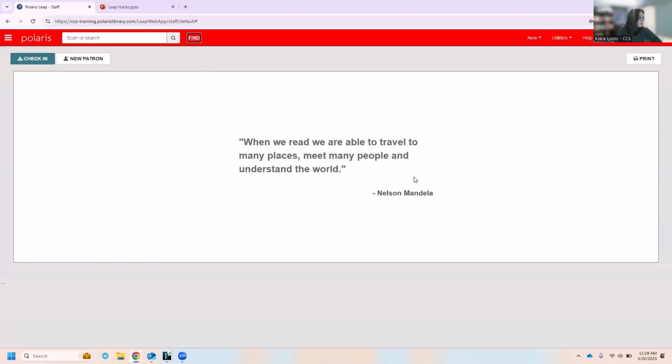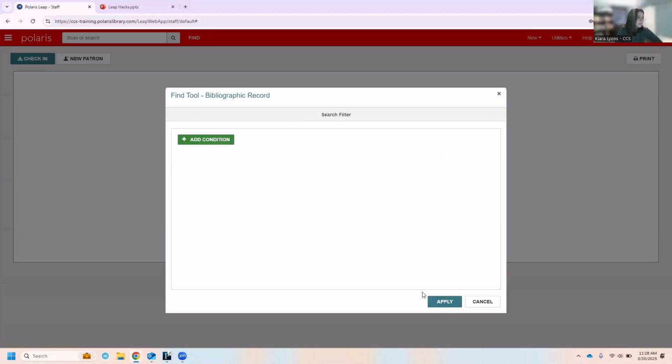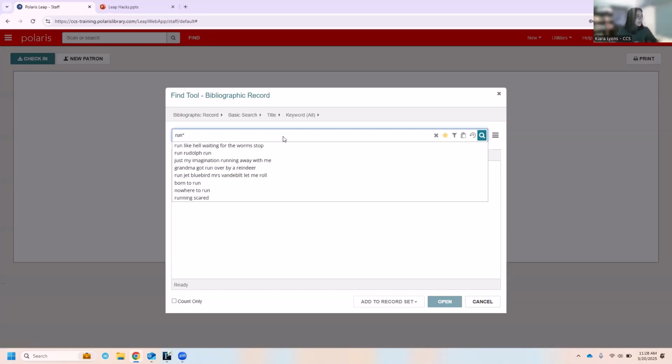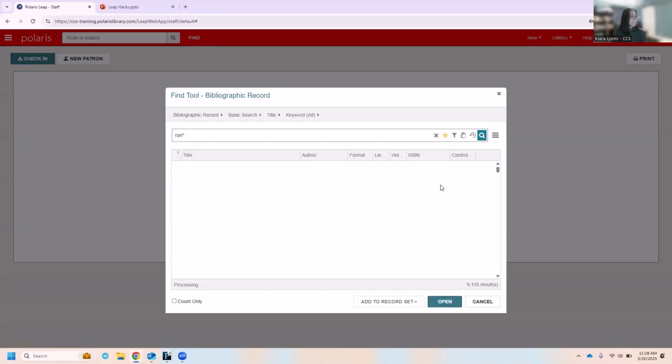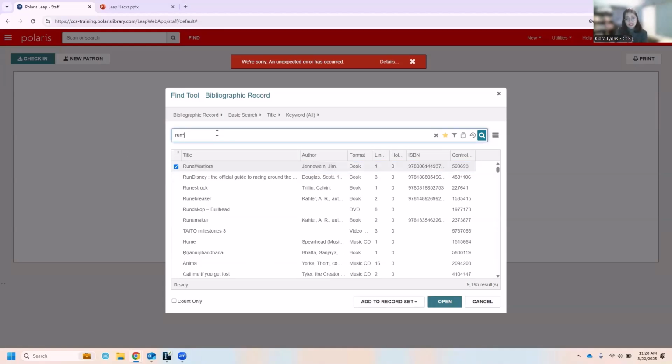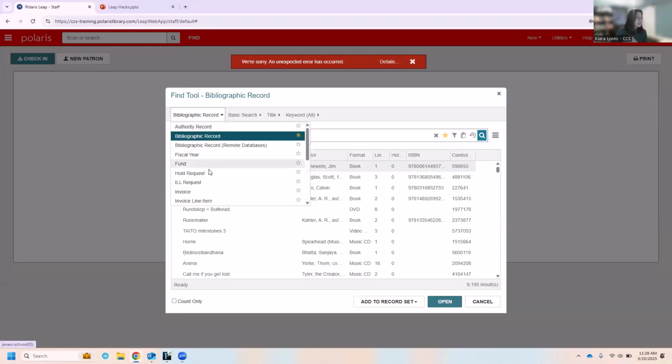Let's try one more time. All right, I'm going to try again for run and add my wildcard. There we go. And we can see that it'll also come up with things like rune, runny, rundown, and more. So just keeping in mind when you use that, you might be getting a little bit more than you bargained for, but it's helpful when you know that it's like a root word and there's more at the end that you're looking for. We can also use this for patrons, and we can also use this in the middle of